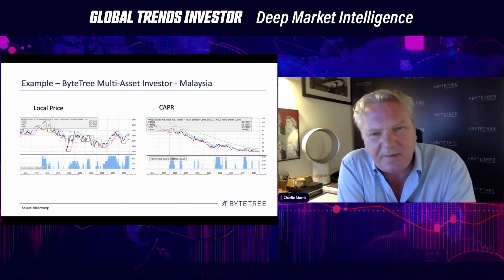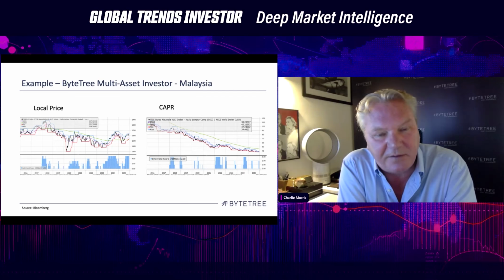Obviously, we're talking about trend here, but trend is our generation. We also do a deep dive into fundamentals once we've found some good ideas. But Malaysia's a great country, and it's been outperforming the world over the 21st century, and so we're slightly ahead. But it has had a pretty miserable 10-year period, as have many emerging markets. The price chart in local currency hasn't done much in that period.